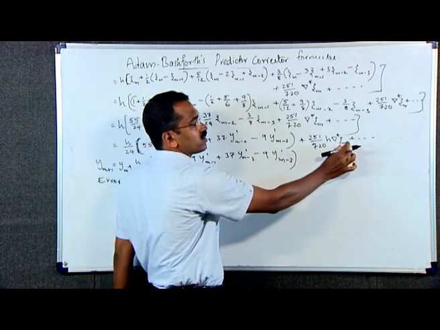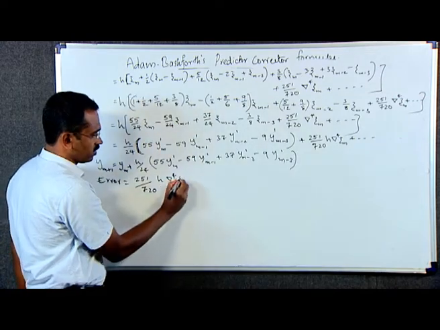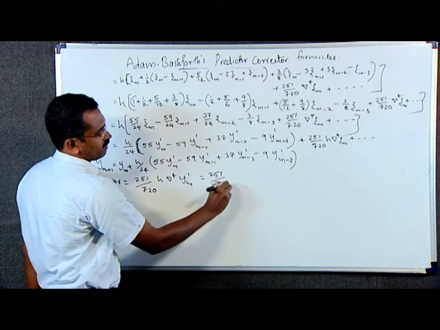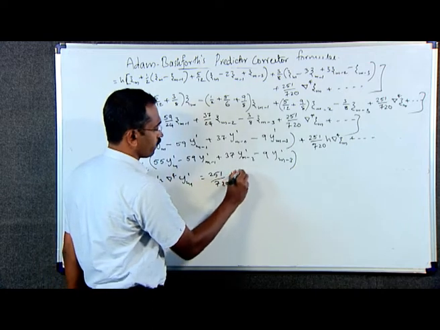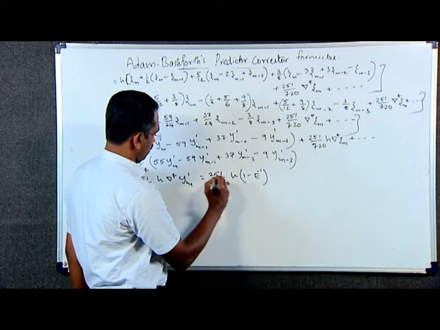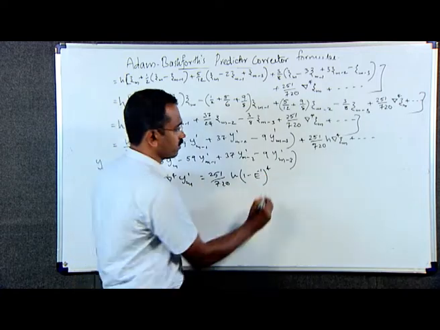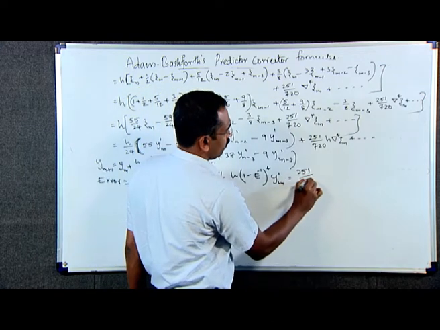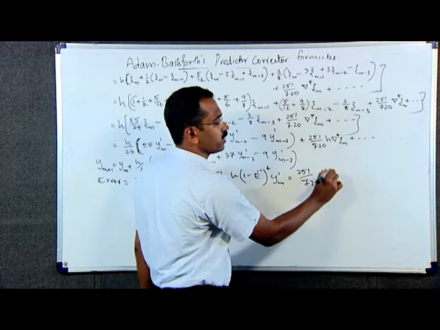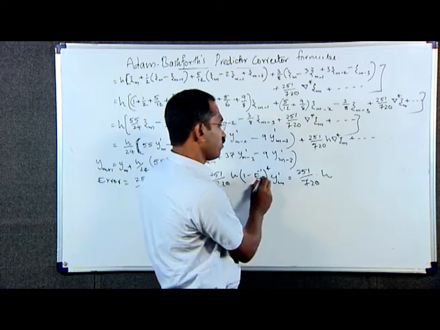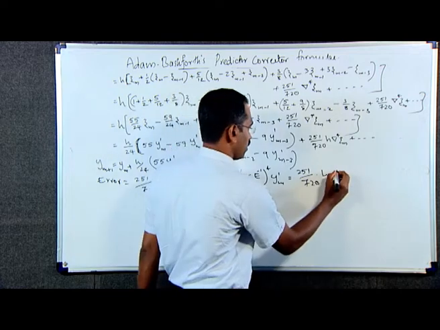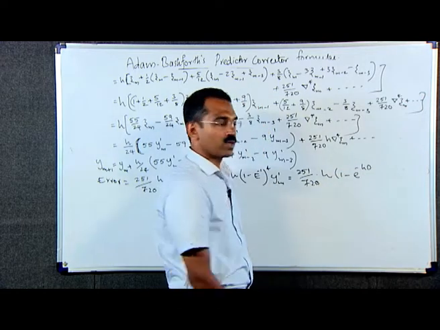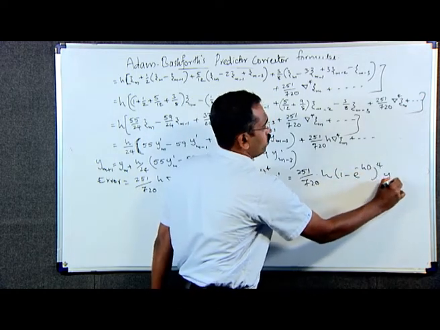Del raised to 4 zm can be written as ym dash, which is equal to 251 divided by 720 into h into del, which can be written as 1 minus e inverse, raised to 4 ym dash, which is equal to 251 divided by 720 into h into 1 minus e inverse all raised to 4, that is 1 minus e raised to minus hD all raised to 4 into ym dash,